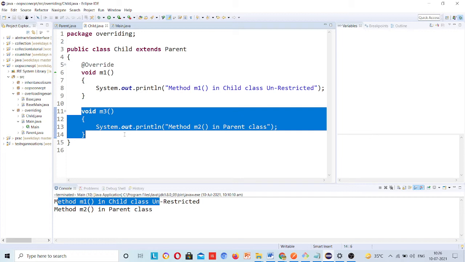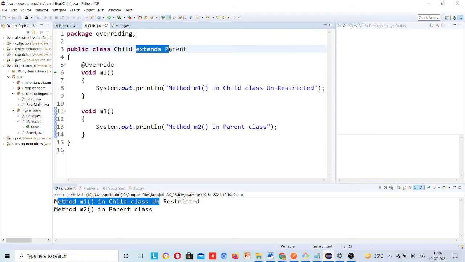To perform overriding, you have to use inheritance. Without inheritance, you cannot perform overriding. Okay. Now, it comes to what are the differences between overloading and overriding. First of all, you should not reply in the way that this is different, that is different. You have to say that there is no similarity between overloading and overriding.